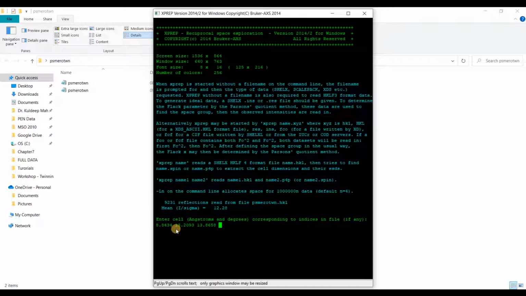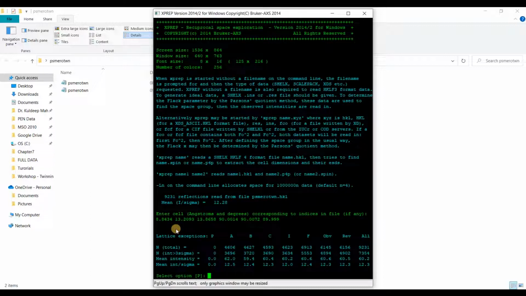Then alpha, beta, gamma: 90.0014, beta is 90.0072, and gamma is 89.999. From the cell parameters, the cell seems to be orthorhombic. Let's do the next step.